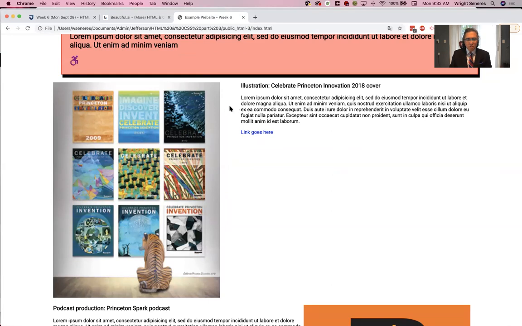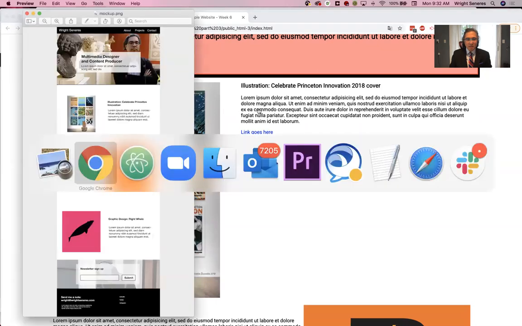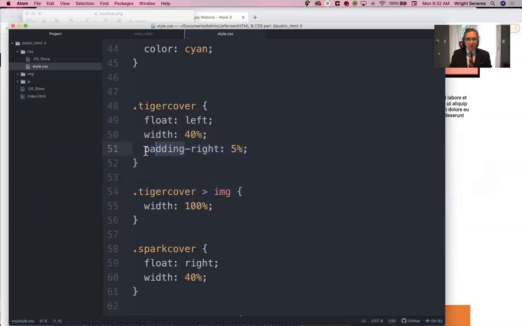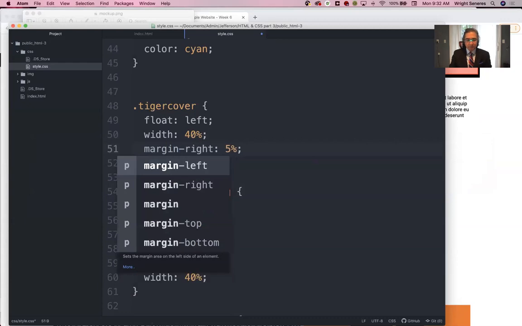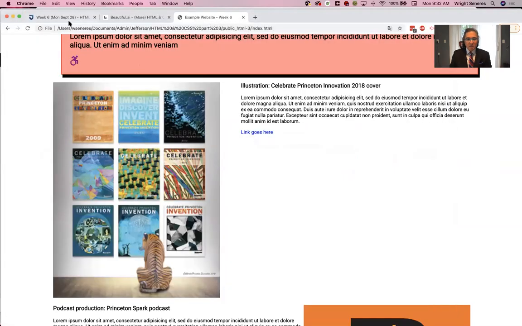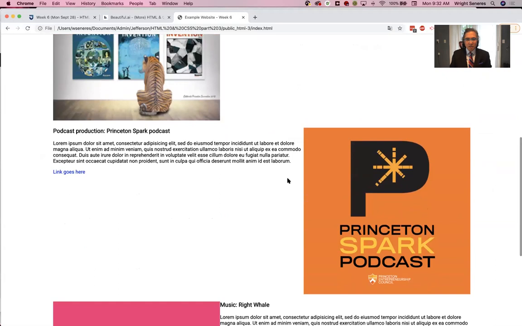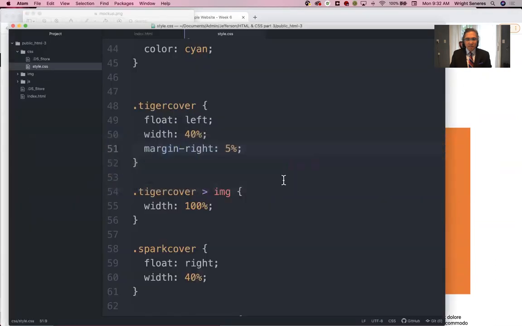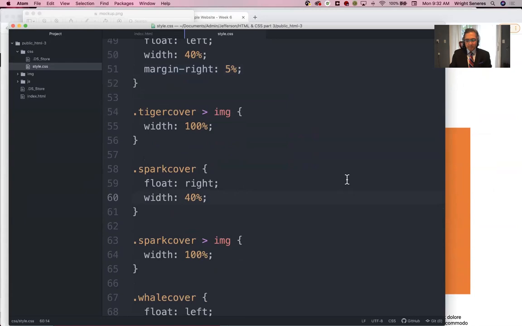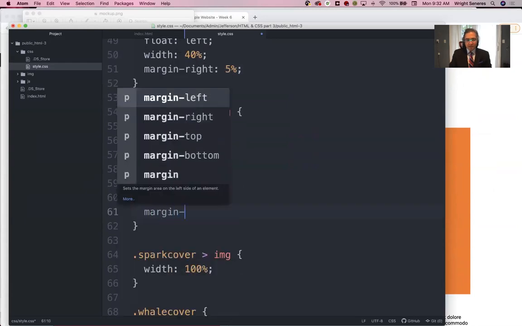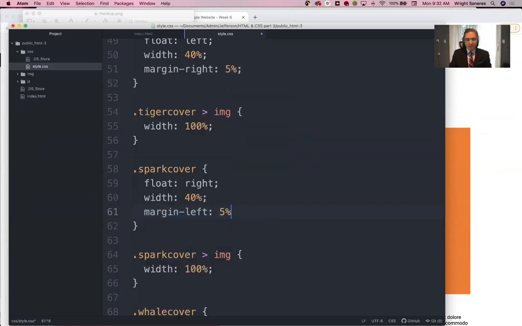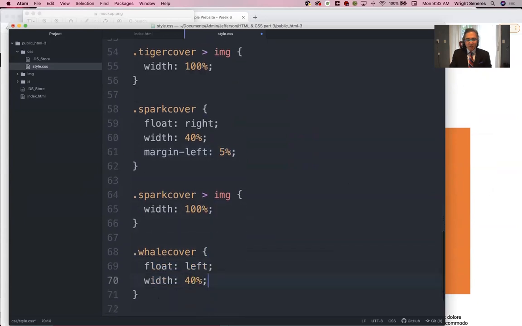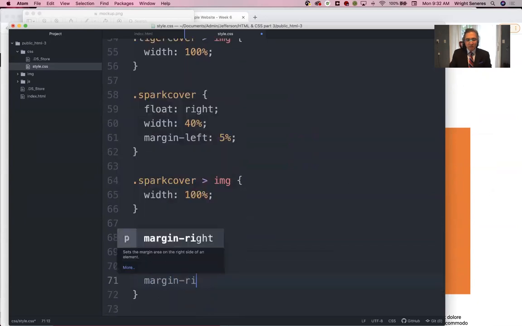You could use margin too, but padding also works. Like I said here, you could also have done margin right. And maybe margin right's better, but in either case, you get the same effect. So let's stick with margin right. Let's do the same for here. Spark cover, because that was on the left side, we'll do margin left, 5%, and then whale cover, margin